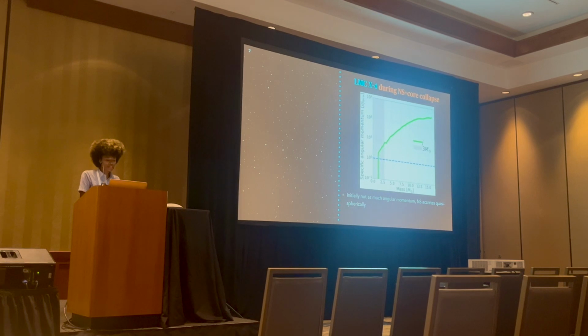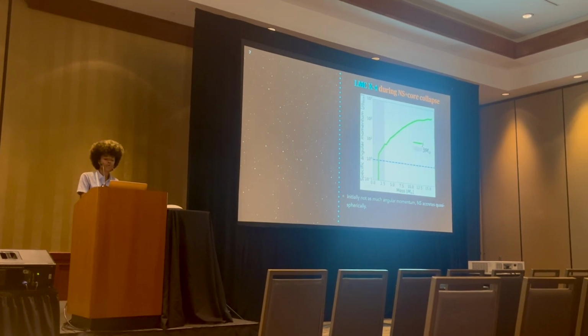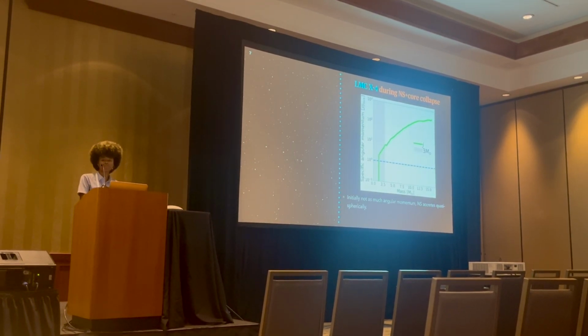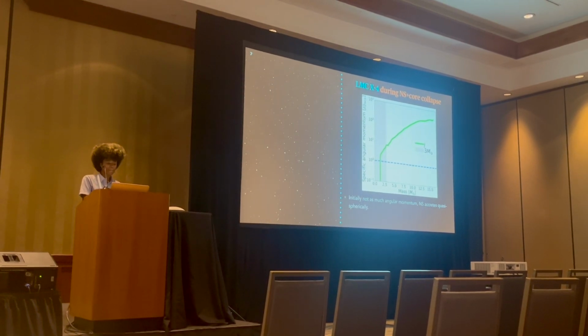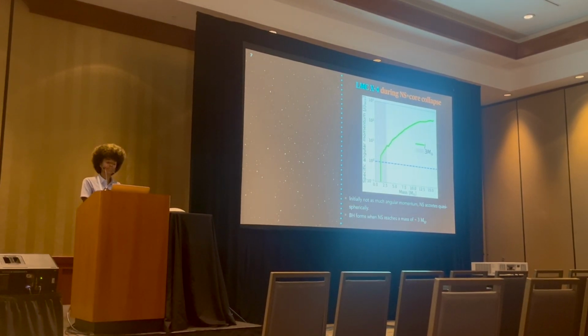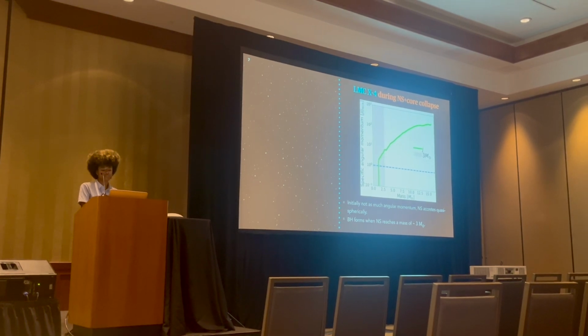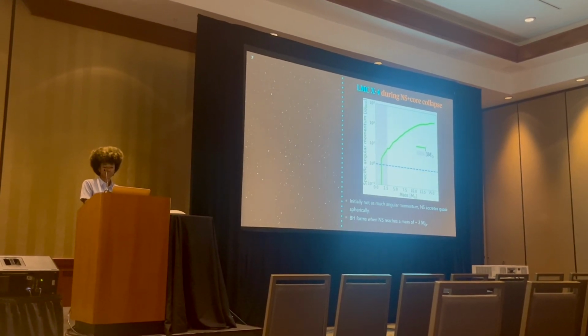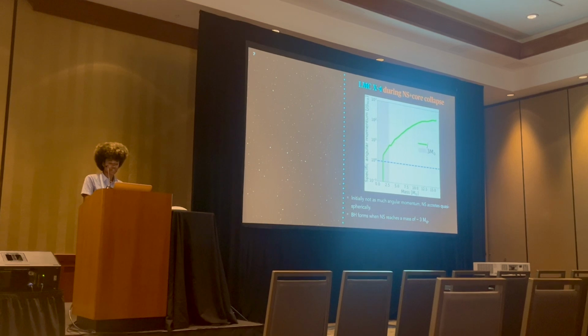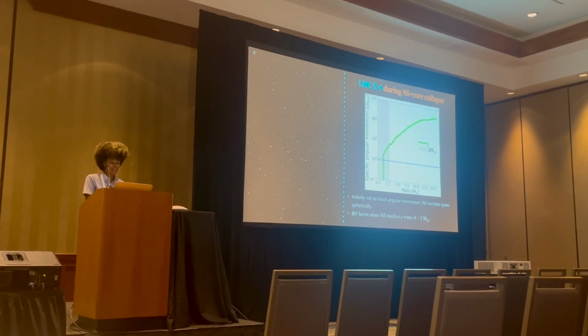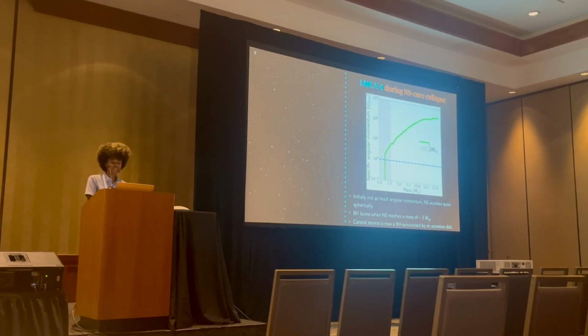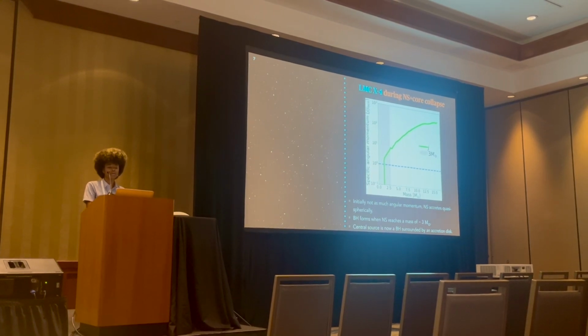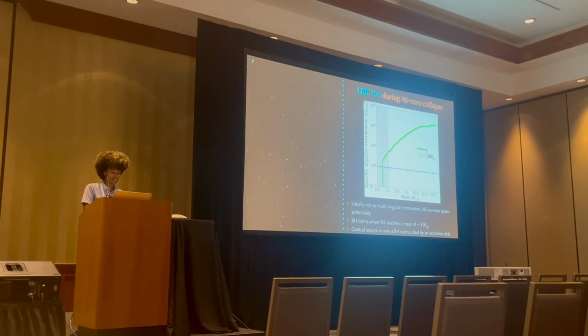And initially, we expect the neutron star to accrete quasi-spherically because there is not as much angular momentum. And then we expect a black hole to be formed when the neutron star reaches a mass of about 3 solar masses, which is represented by the pink shaded region. And then after this, we expect the central source to be a black hole surrounded by an accretion disk.